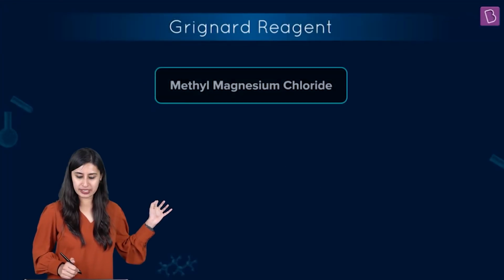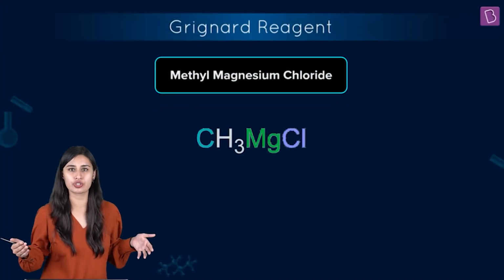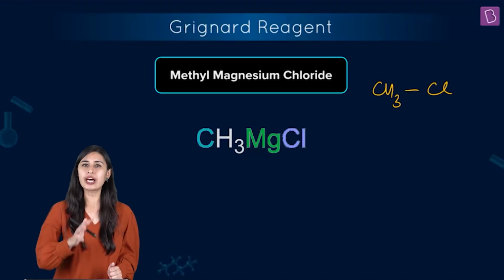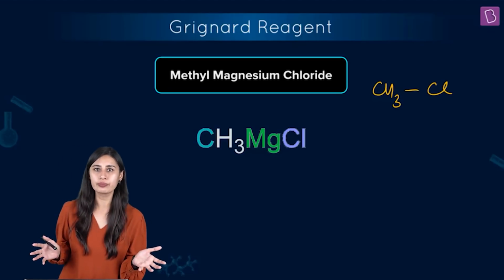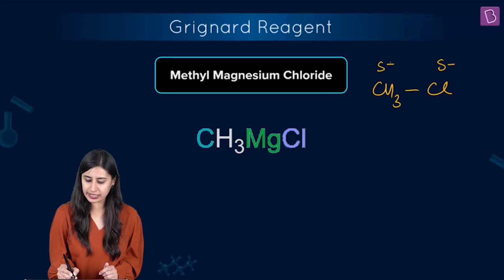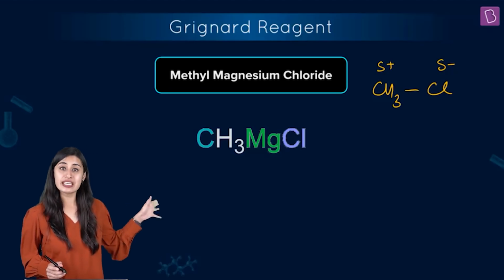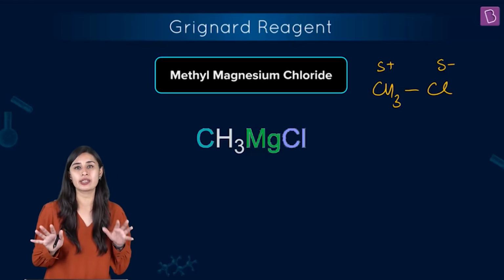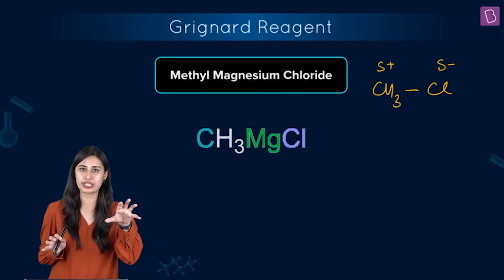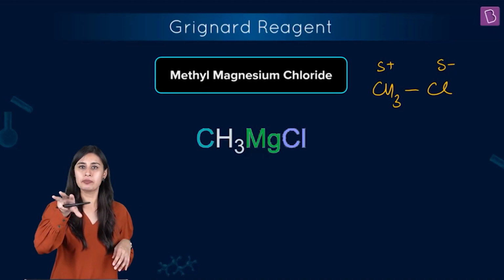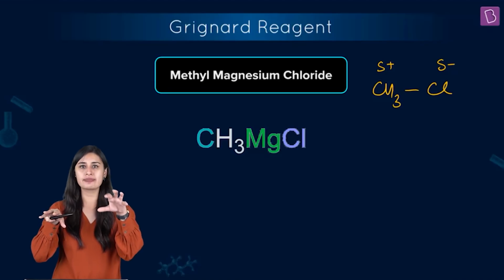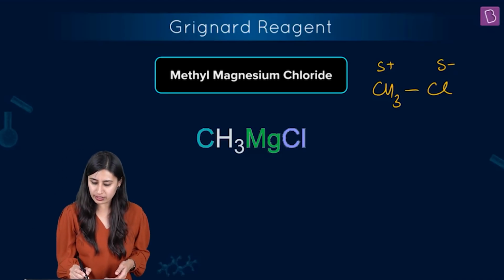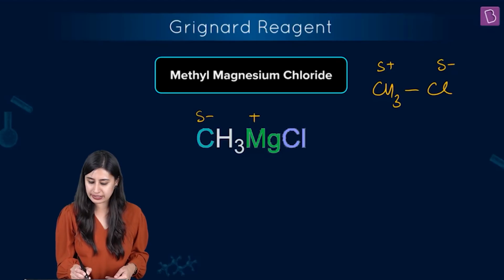All right. So this methyl magnesium chloride, what makes it special? What makes it special is when we are talking about actually CH3Cl, you know that chlorine is more electronegative than carbon, right? So a delta minus comes here and a delta plus comes here. But when we are talking about CH3MgCl, we are talking about organometallic chemistry. There is an organic compound CH3 and we are talking about this metal magnesium. Magnesium is electropositive and this methyl is now going to become electronegative with respect to, of course, magnesium. So here there is a plus and here will come a minus, right?